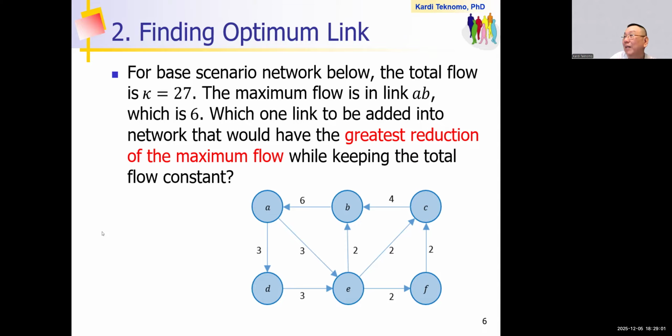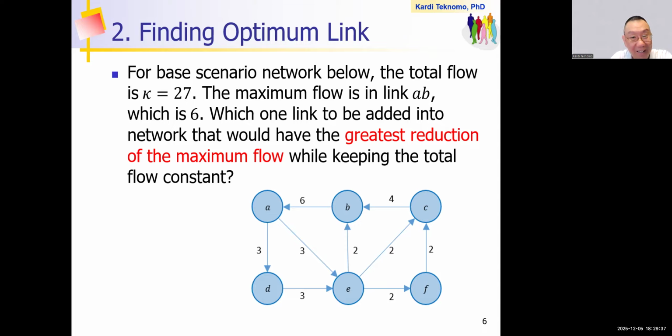So this is the base scenario. I have 6 nodes. And I declare kappa, the total flow in the network, is 27. So if you look at this, the maximum flow is 6 here. It is link PA. So this is wrong, not AP, PA. So now